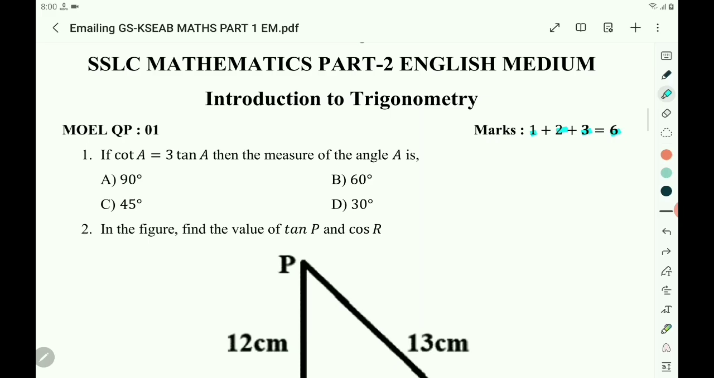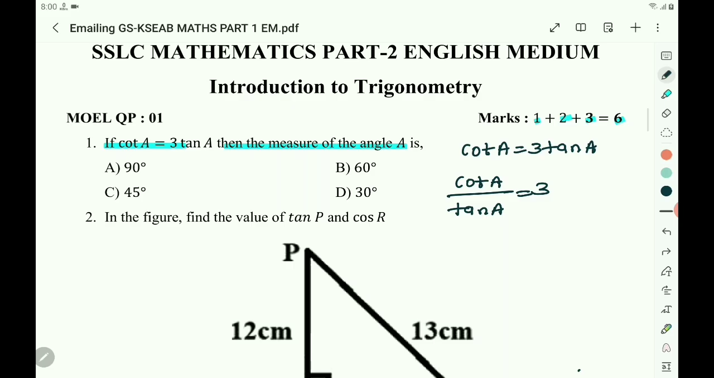The first question: if cot A equals 3 tan A, then the measure of angle A is. Now solve it. Cot A equals 3 tan A, and you transfer this tan A to the LHS. Cot A by tan A is equal to 3. Now cot A by tan A, that is,